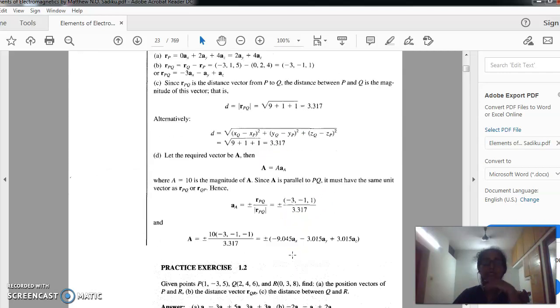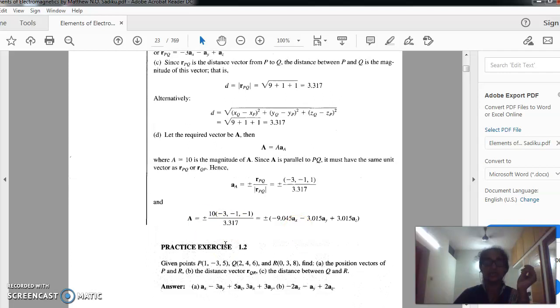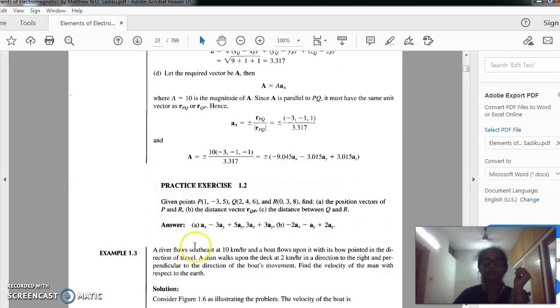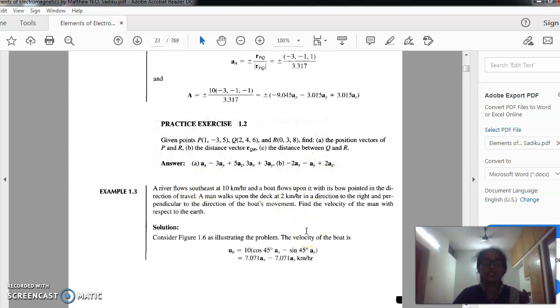Then D you find out. There also we are doing nothing but finding the unit vector, where you are already given the magnitude of A. So you simply have to multiply with 10 and find the vector. That is the only difference there. Earlier we found a unit vector. Here it is 10 times. Okay, so that is about position vector and distance vector.